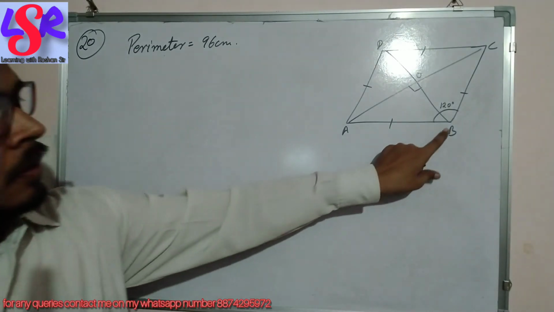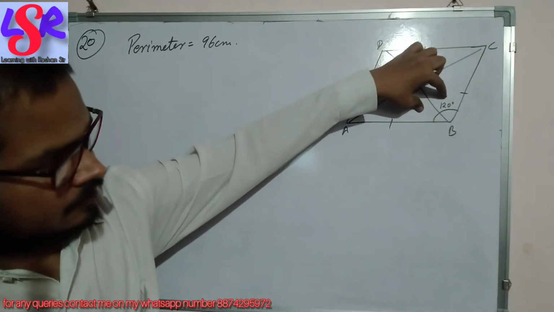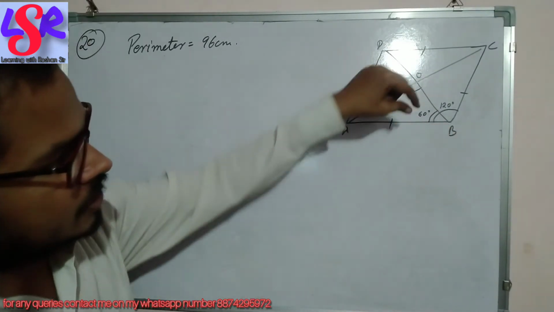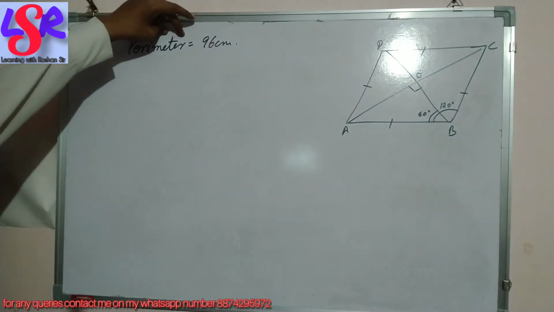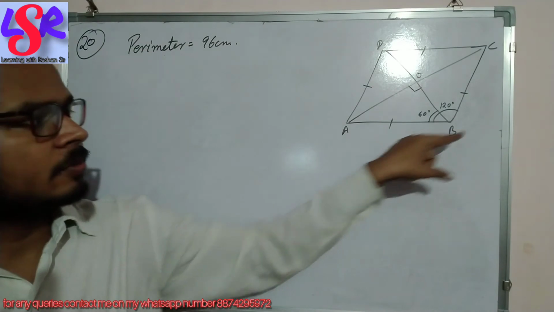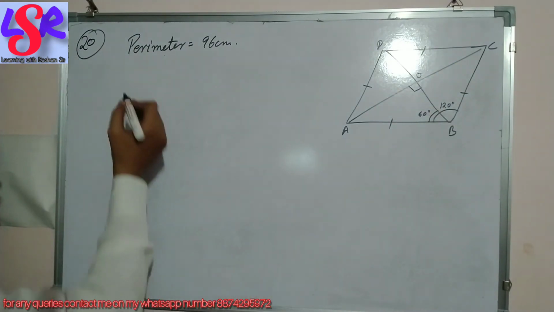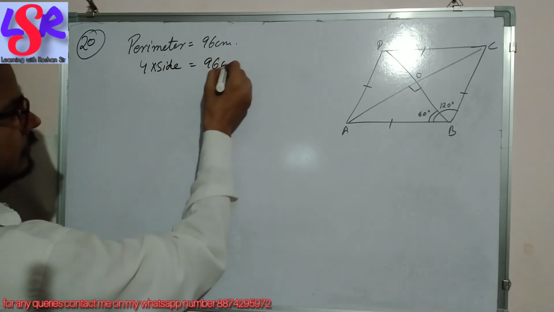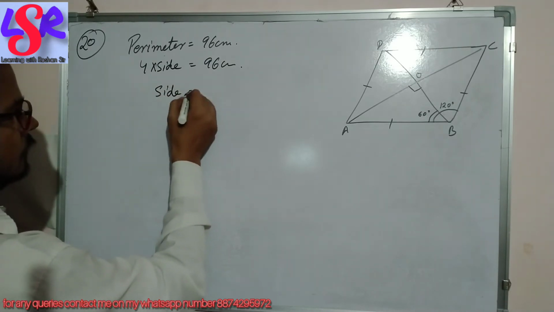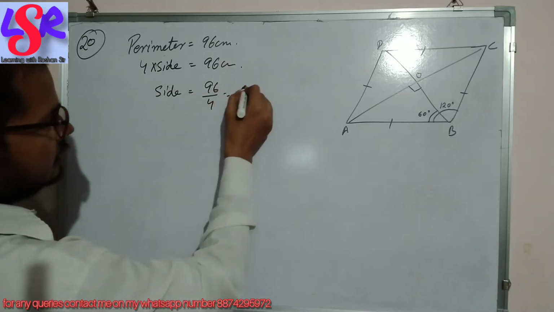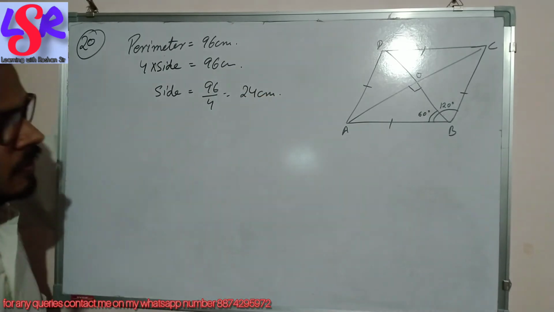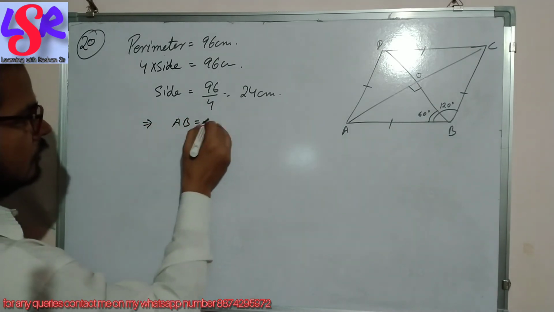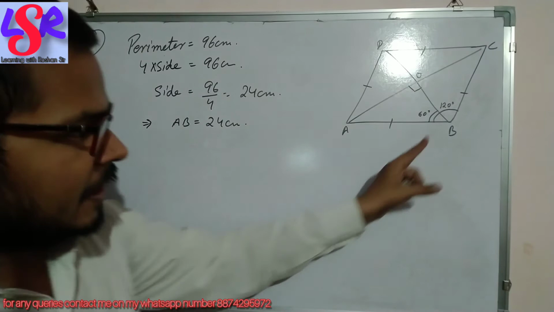Now diagonals of the rhombus bisect the vertex angle. इस एंगल को ये दो इक्वल पार्ट में डिवाइड करेगा, दैट इज दिस विल बी द हाफ ऑफ 120 इज इक्वल टू 60 डिग्री, और हमें यहाँ पर इसका पेरीमीटर दिया हुआ है 96 सेंटीमीटर, दैट इज द सम ऑफ ऑल ऑफ द साइड्स विल बी 96 सेंटीमीटर. So we can use 4 into side equals to 96 centimeter, that is one of the sides will be equal to 96 upon 4, that is 24 centimeter. So हमारे पास साइड की वैल्यू 24 सेंटीमीटर और दैट इम्प्लाइज AB equals to 24 centimeter और ये एंगल 60 डिग्री का होगा.